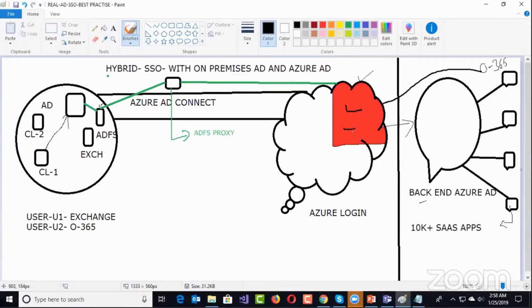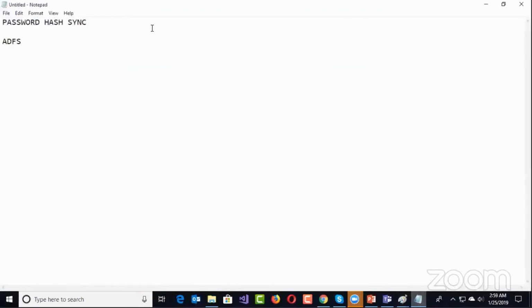So in that case, you have two authentications. First time for on-prem, second authentication for the cloud. Every time you have to type the same password twice. Even if you save the password in the application, every time you have to click OK. That's why we call it almost single sign-on. This is not a real single sign-on.